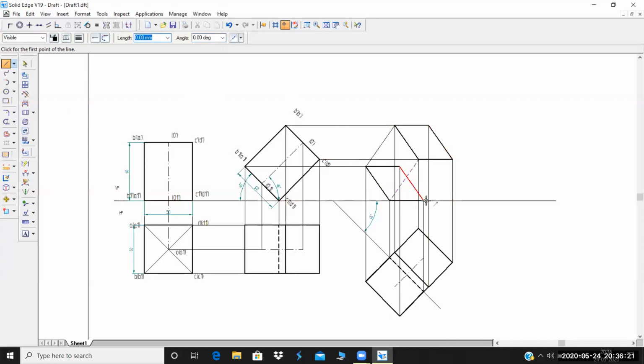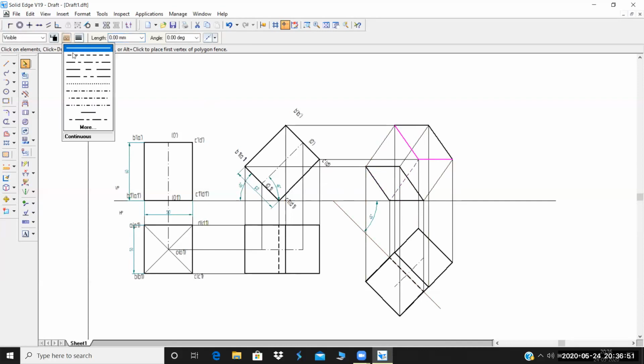Similarly, when you draw the line C1 to C, it is not cutting any of the faces. We are only considering the bottom face, whether it is cutting any of the edges of these four. Only this line is cutting the face here, so that's why it is a dashed line. When this is a dashed line, the consecutive two edges connected to that will also be dashed lines. Just change the thickness of these lines to 0.5.